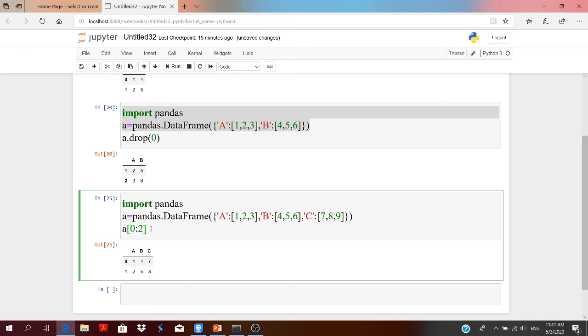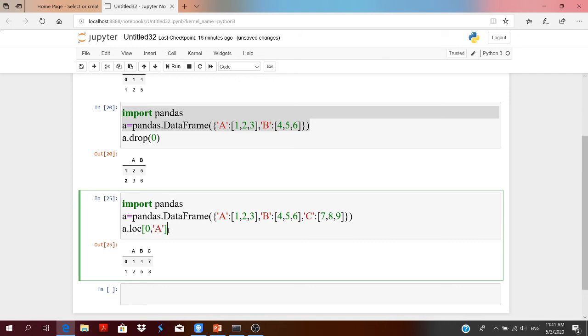You can also select a single element or multiple elements of your data frame by using loc function. First write data frame name dot loc within square bracket. First give a row index or row label, comma, then column name.